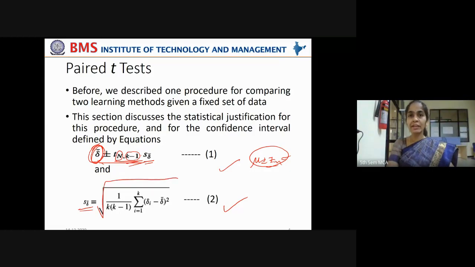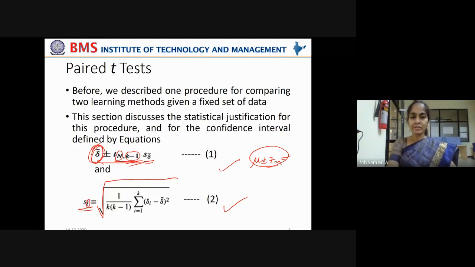What is the variance in the errors? How do you calculate the variance of a set of data points in a sample? You calculate the mean of the sample, take each data point's deviation from the mean, square it, sum them up and divide by the total number of data points. You will get the variance. Now apply square root over that, you will get the standard deviation. Same we are approaching here. We are finding out the standard deviation of delta bar.